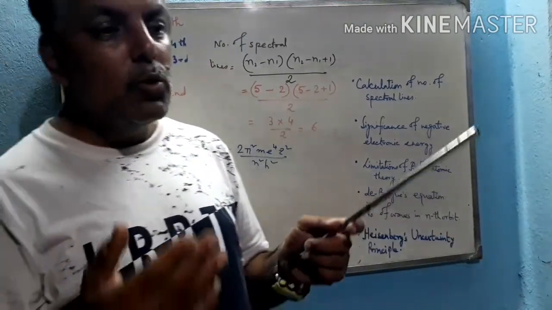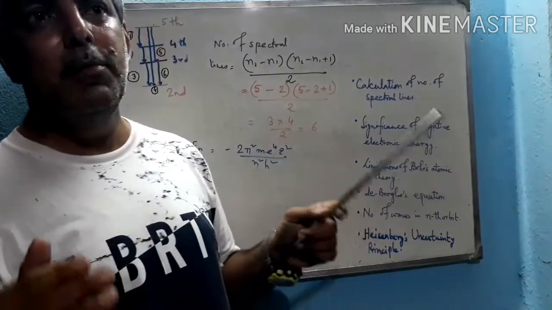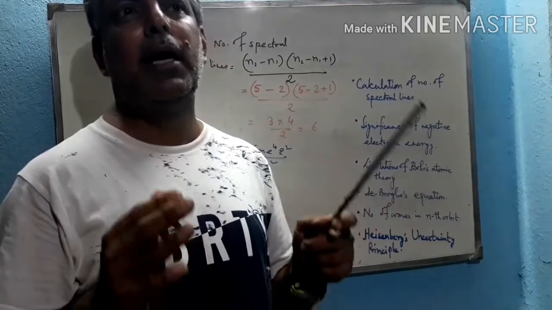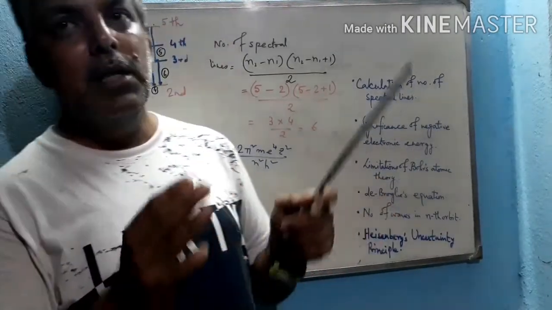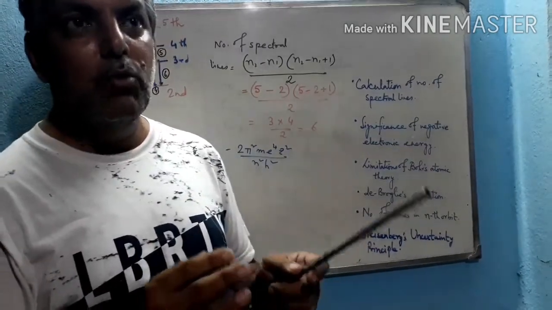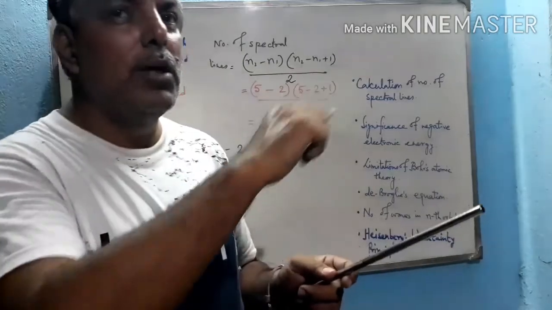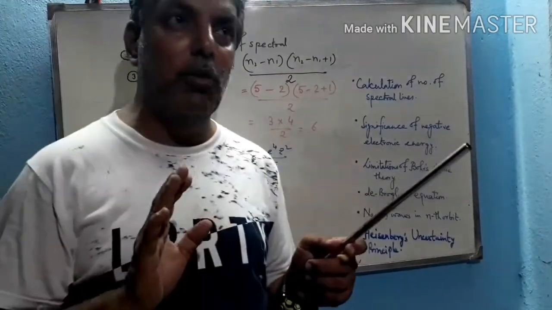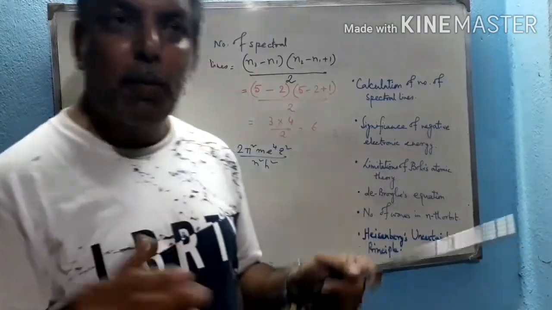So, due to the gaining of stability, it releases some amount of energy, because we know that the releasing of energy means the stability increases. When the electron comes in an orbit nearer to the nucleus, due to its electrostatic force of attraction, it gains stability and moves around the nucleus in a fixed particular orbit known as the quantized orbit according to Bohr's theory. In that particular orbit, it gains stability, hence it releases some amount of energy.